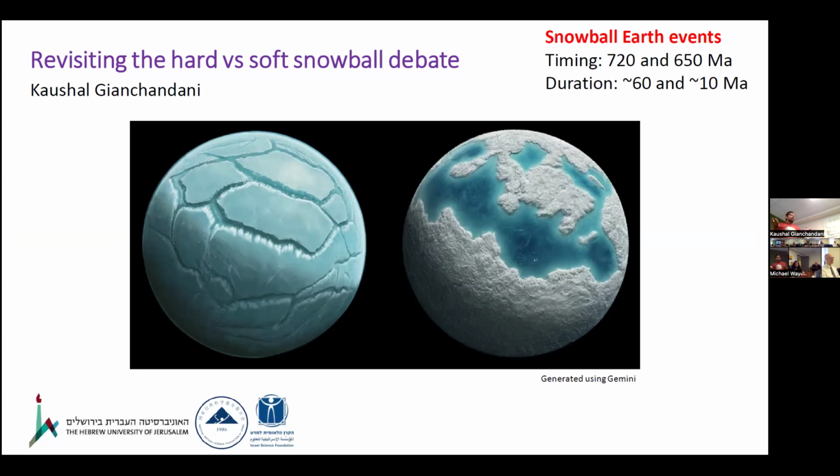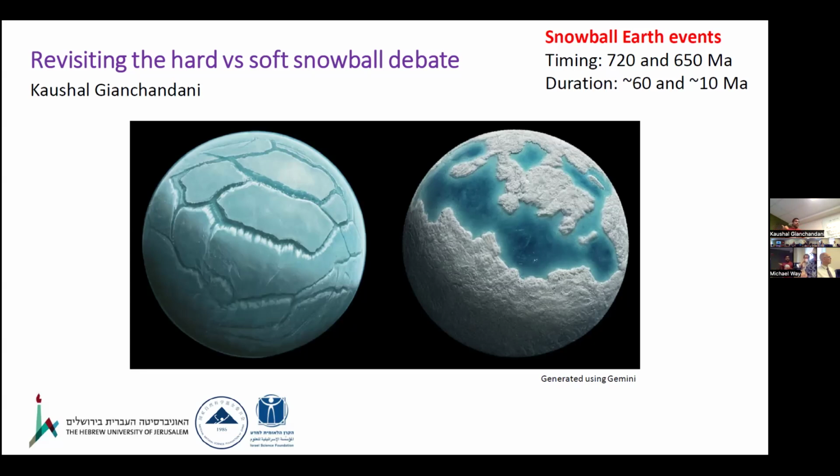As a few members of the audience might be aware, the Earth exhibited extreme glaciation events, known as the snowball Earth events, at least twice during the Neoproterozoic era. For those of you who do not remember these Latin names, like me, this was between 1000 million years and 541 million years ago. To be precise, the initiation of the two Neoproterozoic snowball Earth events has been dated to around 720 million years ago and 650 million years ago.